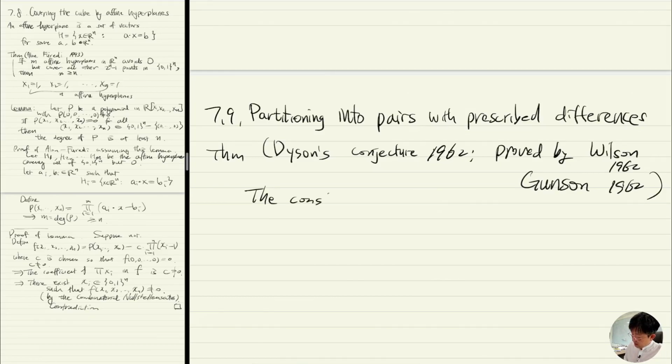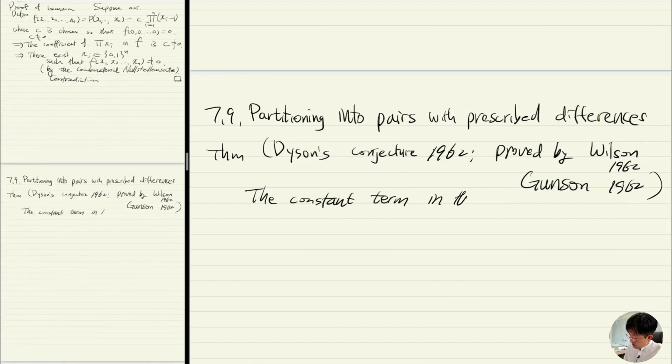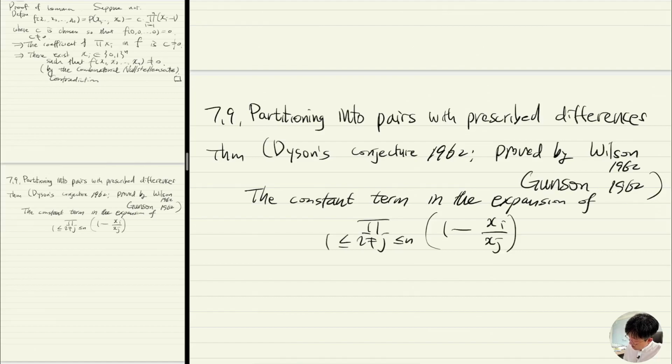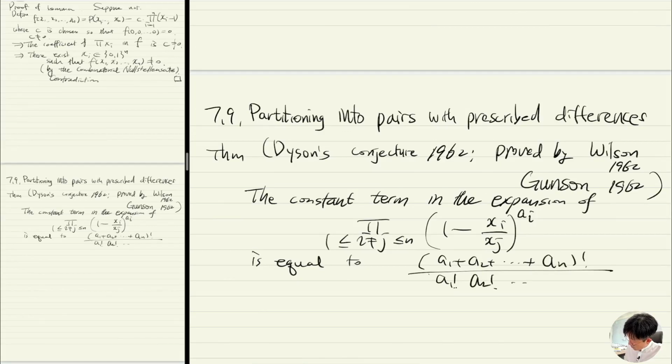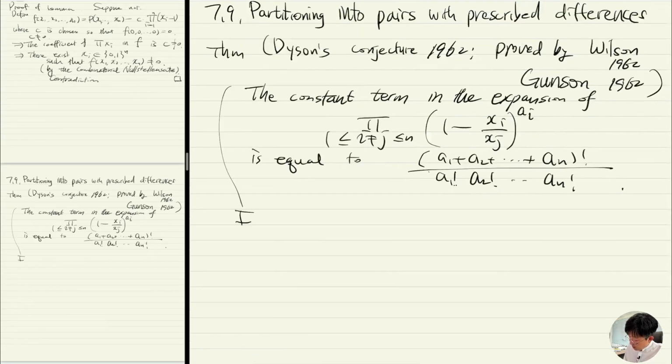The constant term in the expansion of the product of (1 minus xi over xj) to the ai is equal to the multinomial coefficient. Now, what does that mean? Well, in other words,